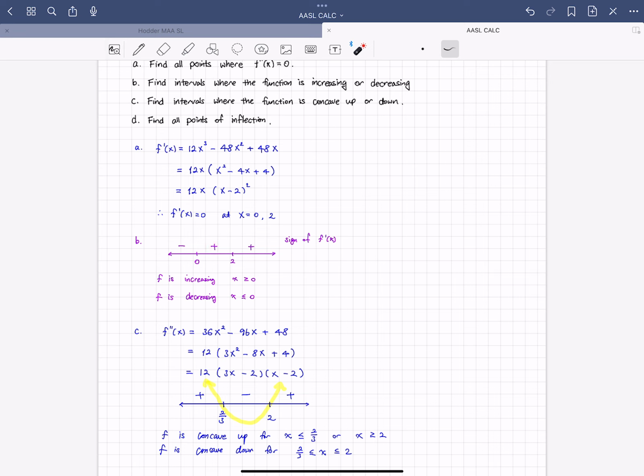Or you could look at this and say, oh, that's a stationary point, and when x is 0, f double prime is positive, which means it was concave up, and therefore you have a local minimum there. So you have a local minimum at 0, so it goes down at 0, and then it goes up,